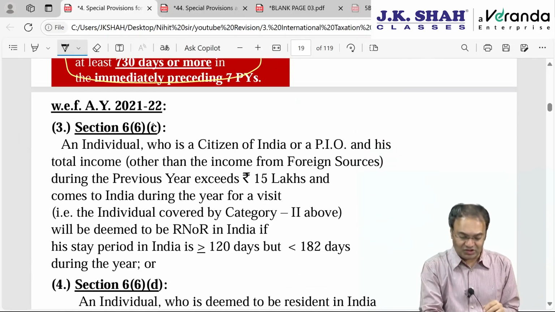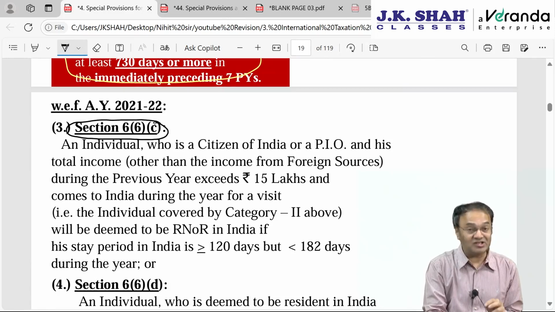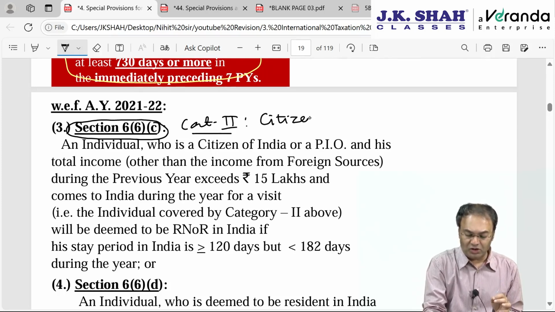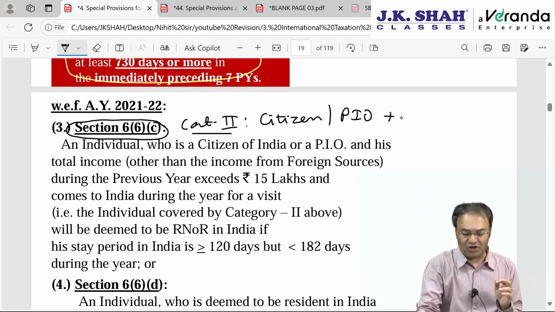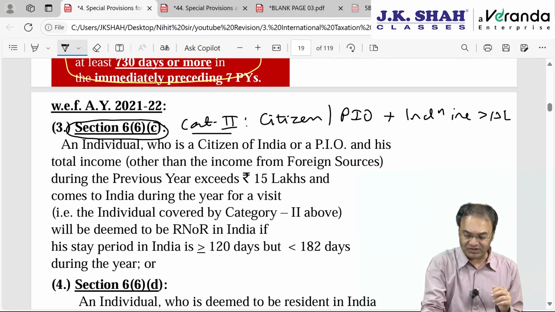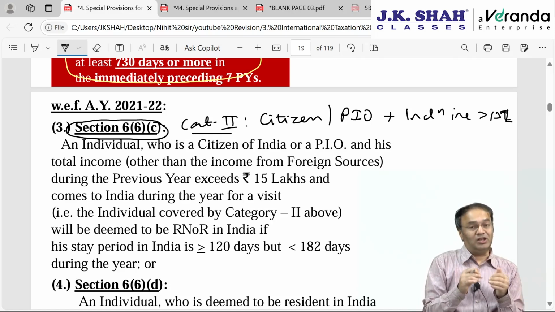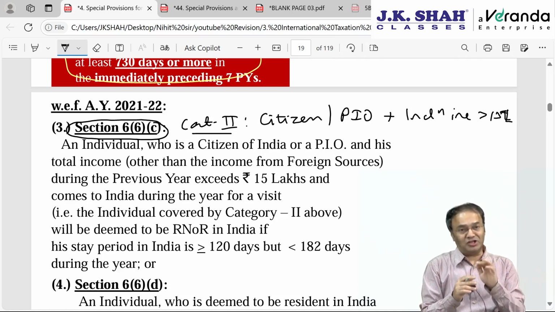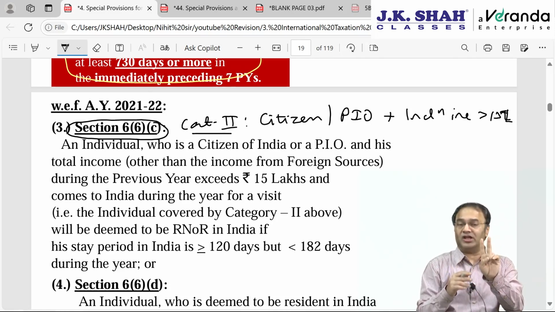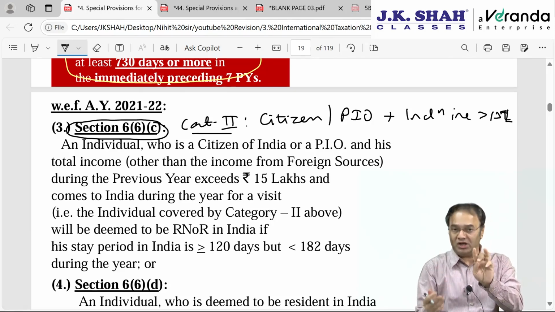So section 6 clause 6 subclause C, that is category 2. Category 2 means a person who is a citizen of India or PIO who lives outside India, comes to India for a visit, plus Indian income exceeds 15 lakh rupees. That's the second condition, 15 lakh this is. Then he will be deemed to be resident in India in case he is present in India for 182 days or more, or, second condition part 1, instead of 60 days it will be 120 days or more, and